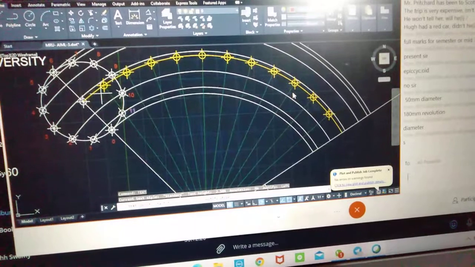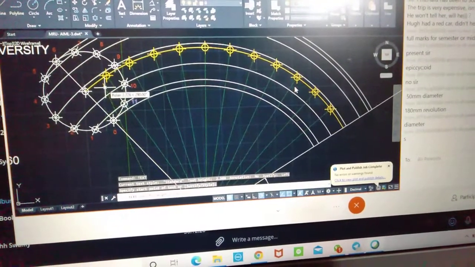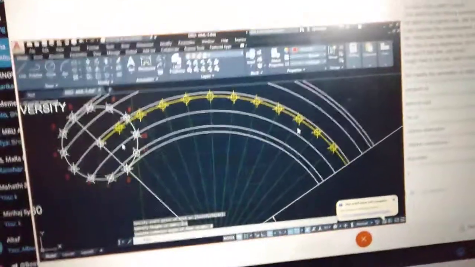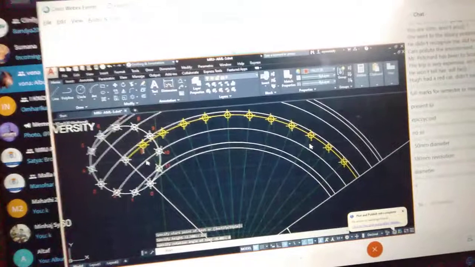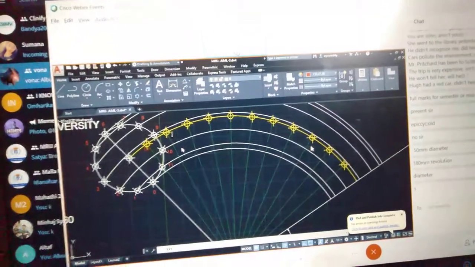Text this one. Yellow points. Height, that's 2.5. Enter. Angle will be 0. Now write here C1, as the center. C1. This is 2, C2.